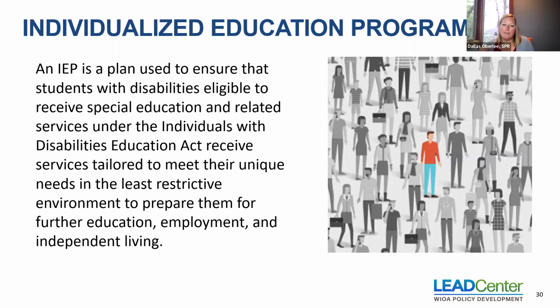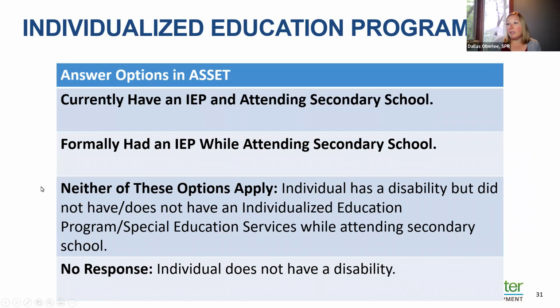autism, deafness, emotional disturbance, hearing impairment, just to name a few, but there's a list of 13 that would qualify for that qualifying disability. So in ASSET, you would be entering if they currently have an IEP and attending school. So again, those are going to be for some of the youth that are currently in secondary school. For people that have completed secondary school, you're going to be asking if they formerly had an IEP and being able to select that. And then if neither of these apply, so if the individual has a disability, but has not had an IEP before or currently do not have one, then they would select that. And again, if they do not have a disability, that's the only time the no response would be